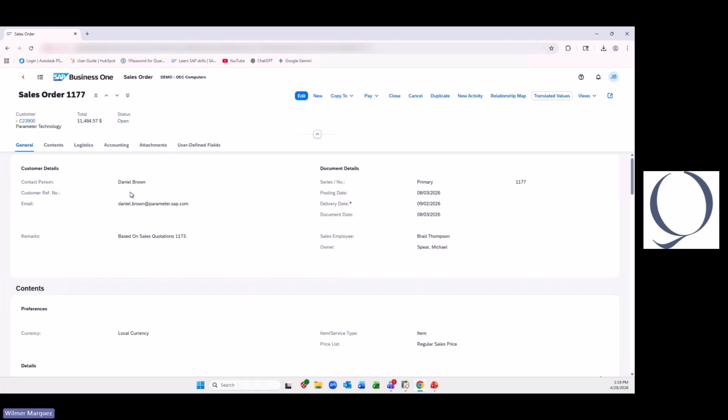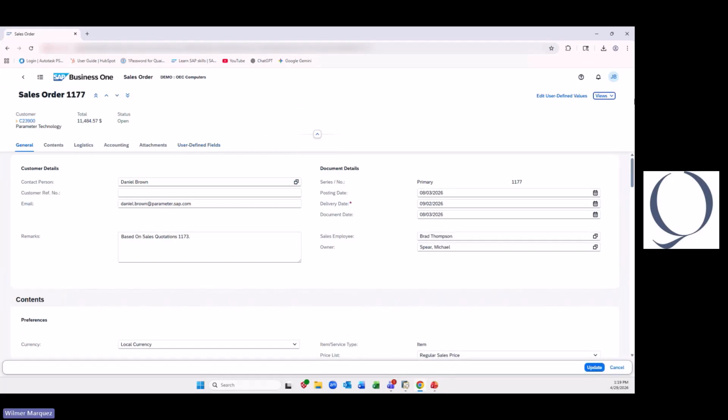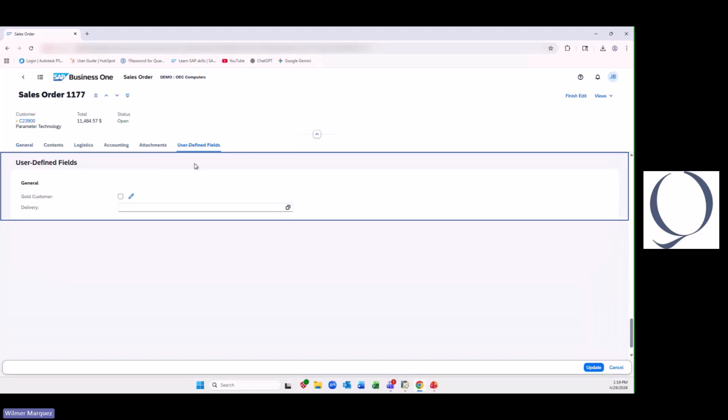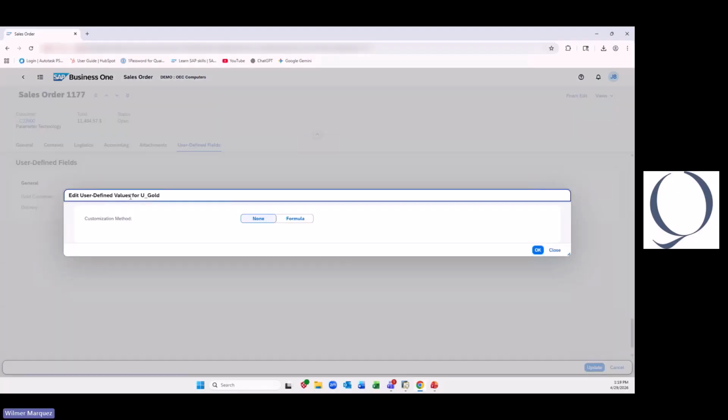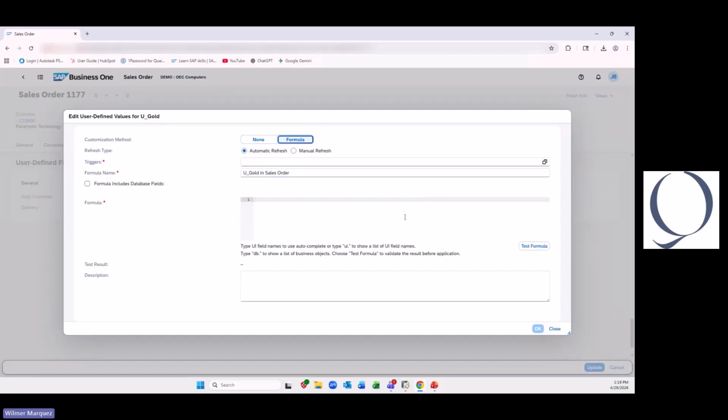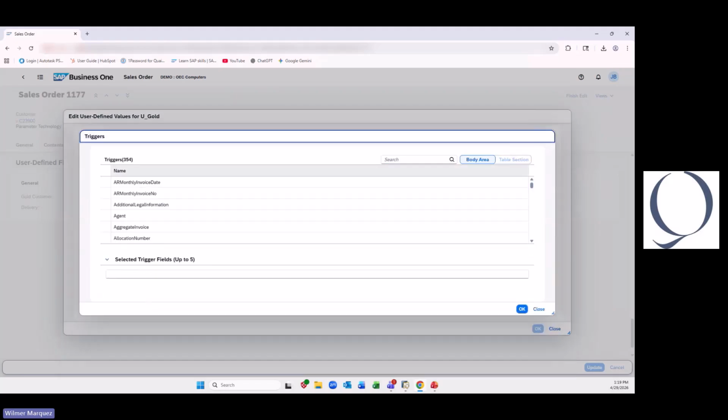All right, so we go back here, click on edit, and we're gonna click on edit user-defined values. We now click on the user-defined field tabs, excuse me, and you see gold customer. This is how I named it, because that means they're a gold customer for us. We click on the pen to customize, and we click on formula. We're gonna leave the automatic refresh enabled, and then for this one,